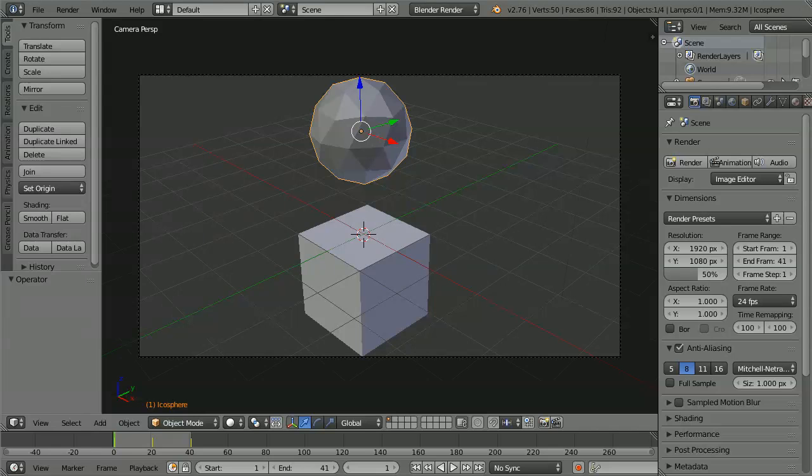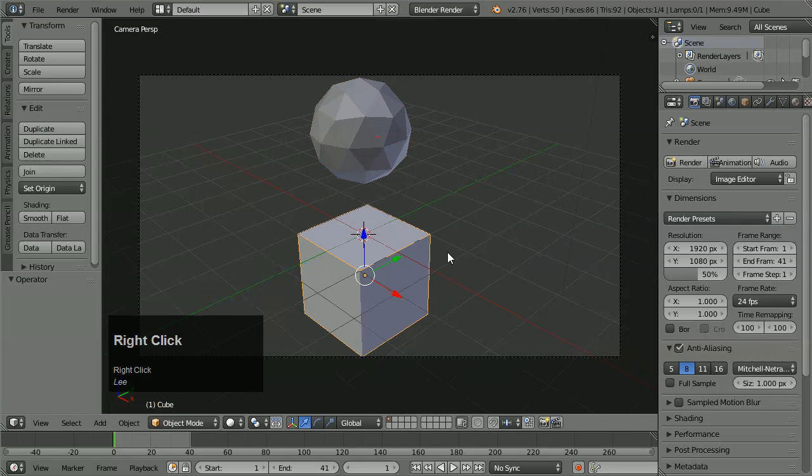In a previous tutorial, we animated some objects to make a ball bounce on top of a cube. In this tutorial, we're going to assign colors to those objects and animate the color. I want to set the color on the cube first, so I'm going to use the right mouse button to